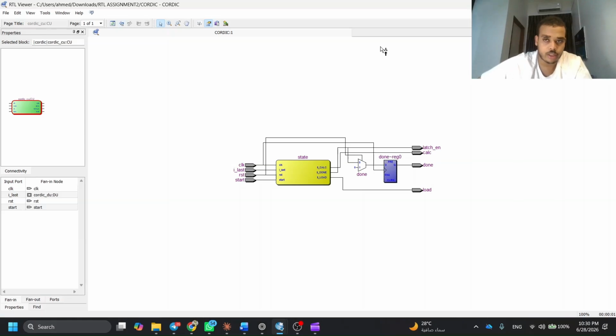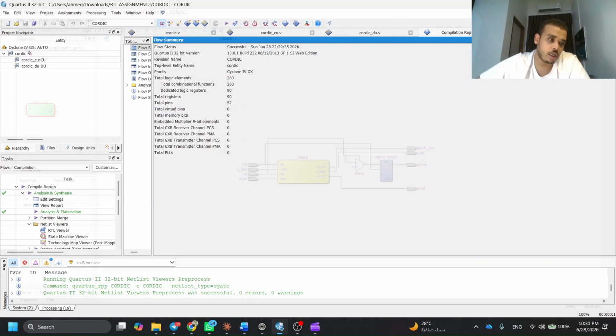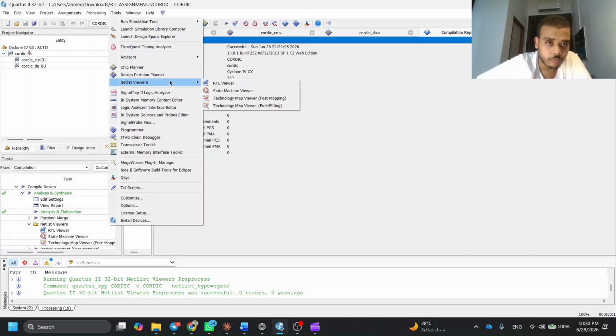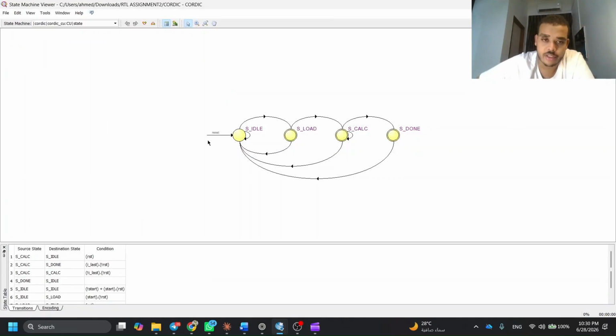So now let's go to the state machine viewer. And this is the state machine viewer. It's generated straight from our code. We have 4 states: idle, which waits for start; load, which sets up the datapath; calc, which loops 16 times; and done, which means finish the